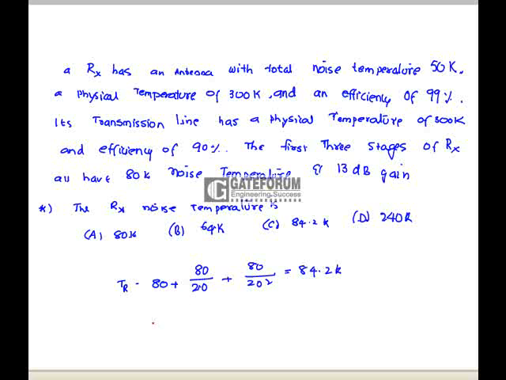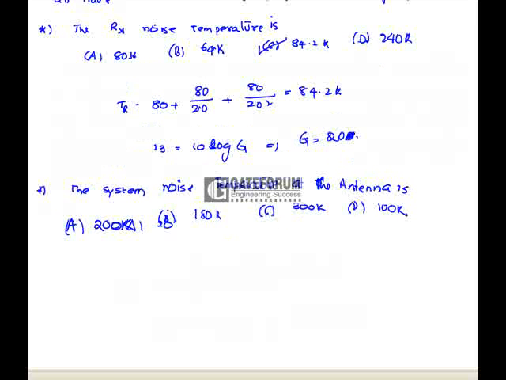Here the gain is given in dB. So 13 is equal to 10 log G, which is nothing but G is approximately equal to 20. So C is correct. The system noise temperature at the antenna is, so system noise temperature is nothing but